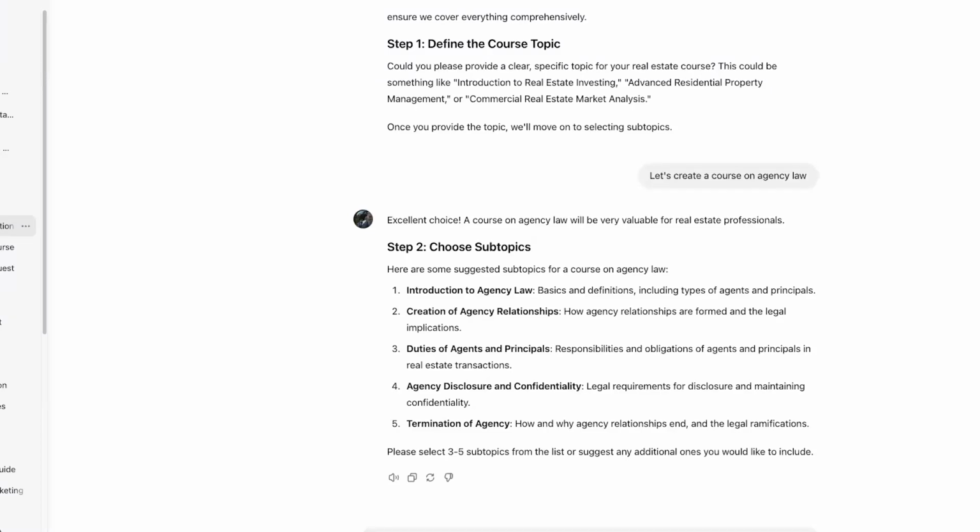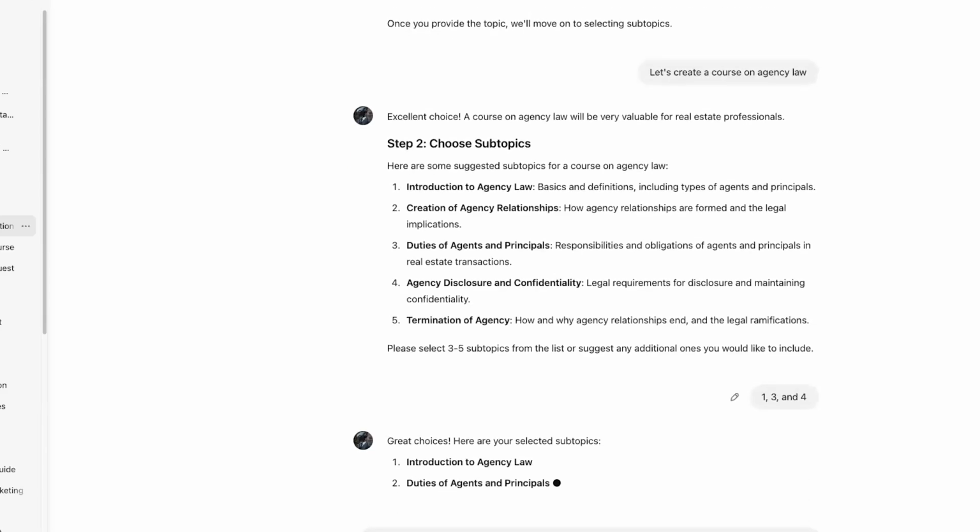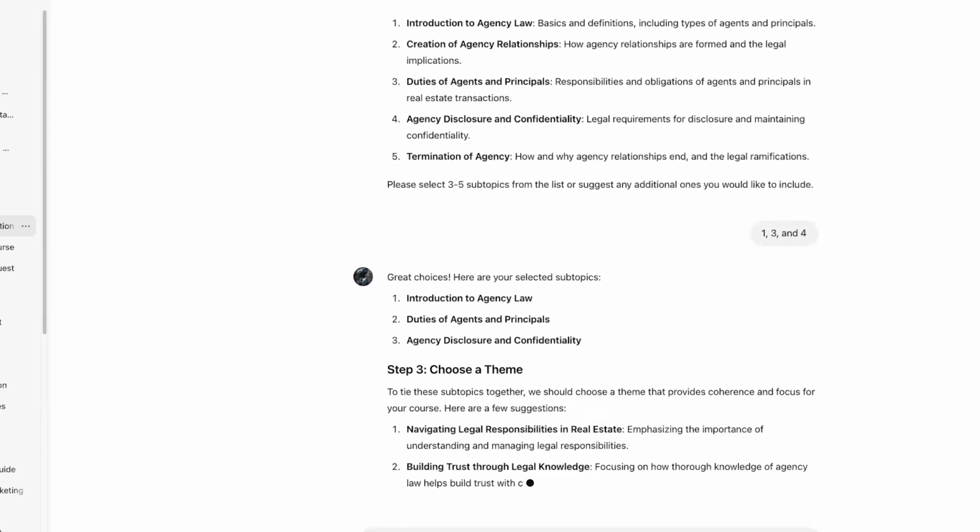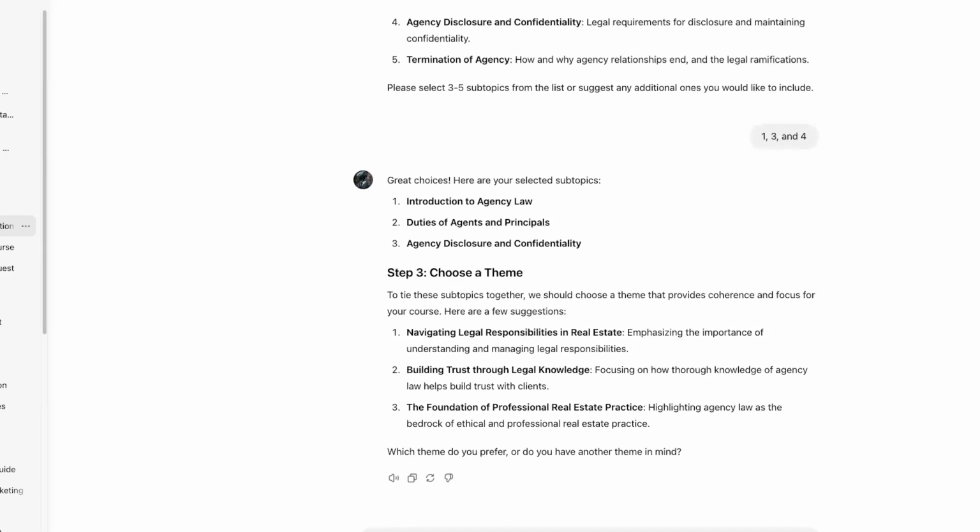Okay, perfect. So I'm now telling the chat, all right, we're going to choose subtopics 1, 3, and 4. Now we want to choose a theme, right? It gives some suggestions of themes here, but a theme could be anything. Maybe you want to have a thematic purpose around stone, right? Maybe you're a former stonemason, I don't know. Or maybe you're a former police officer, so maybe you want to do it about law and order. It could be anything. What sort of theme would you like to choose? Compliance. Okay.